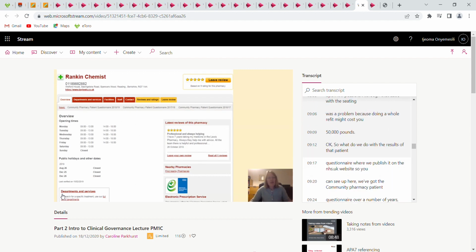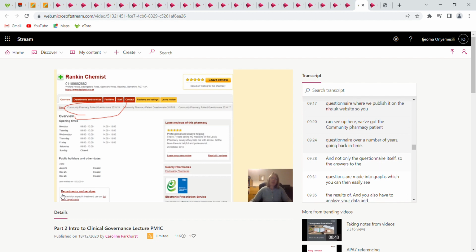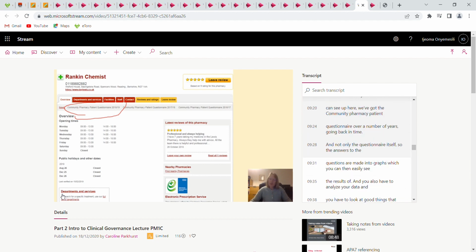Okay, so what do we do with the results of that patient questionnaire? Well, we publish it on the nhs.uk website. So you can see up here we've got the Community Pharmacy Patient Questionnaire over a number of years going back in time, and not only the questionnaire itself, so the answers to the questions are made into graphs which you